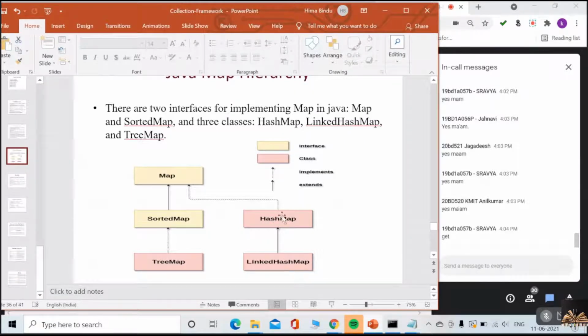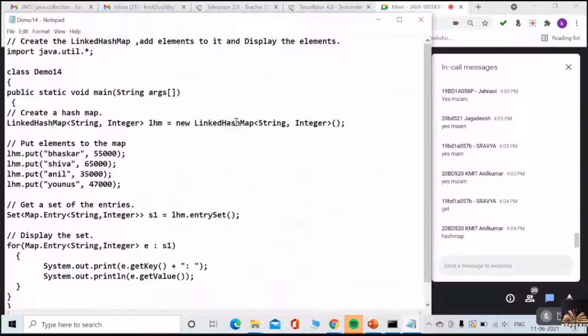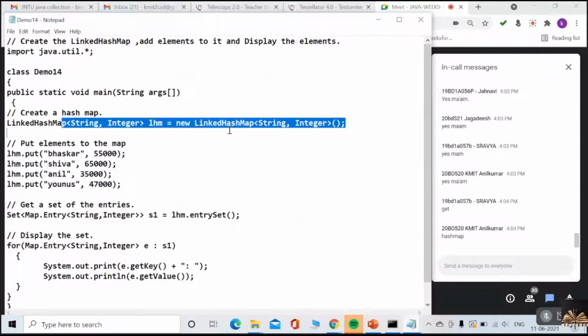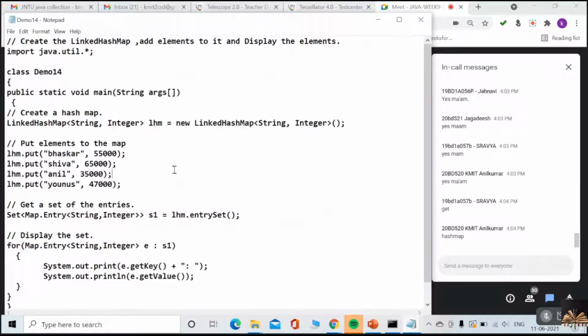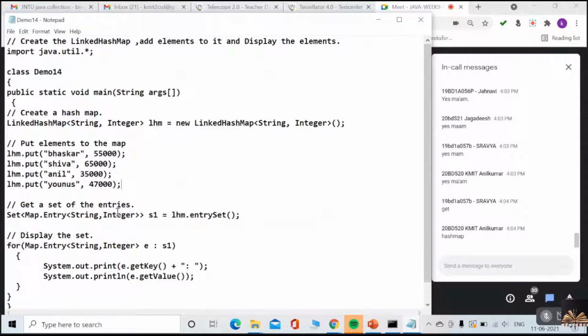It is the subclass of HashMap. So if I use LinkedHashMap, the creation is the same, the addition of entries is also the same, the conversion of map into set is the same, and the iterations are also the same.